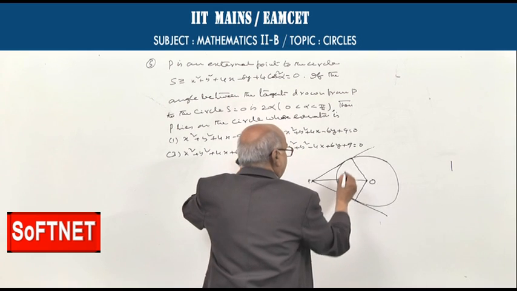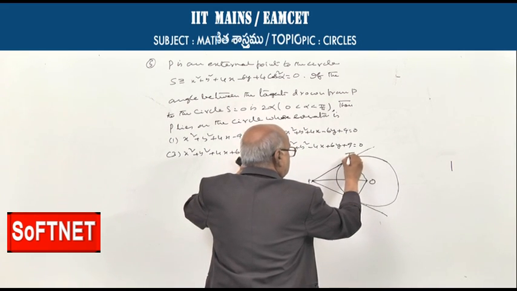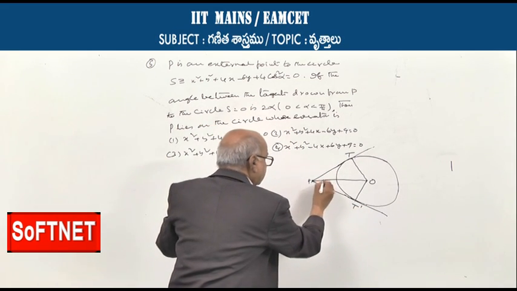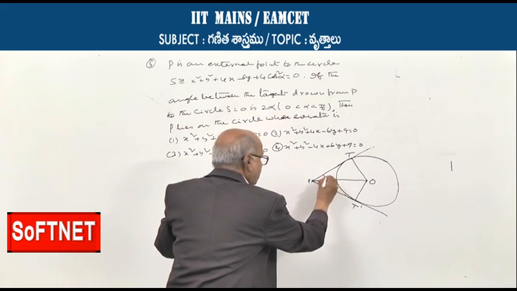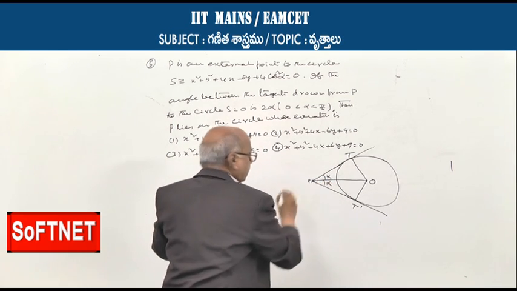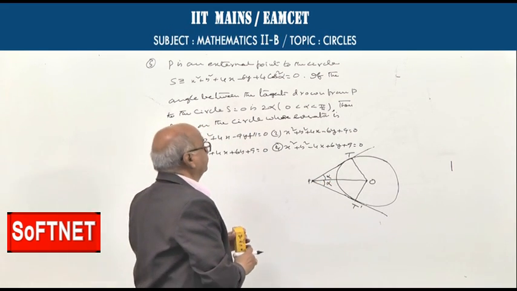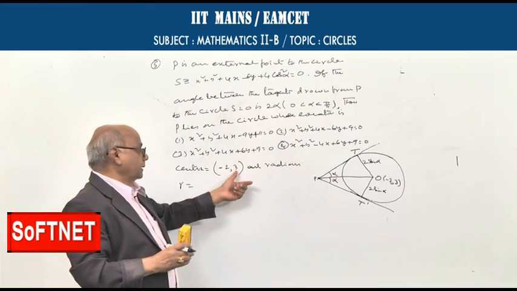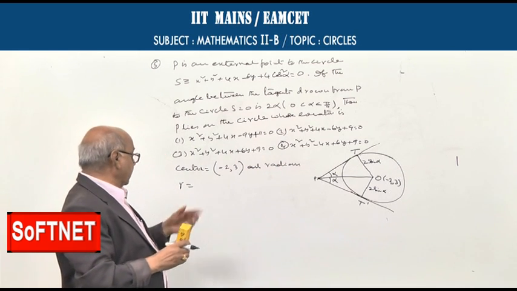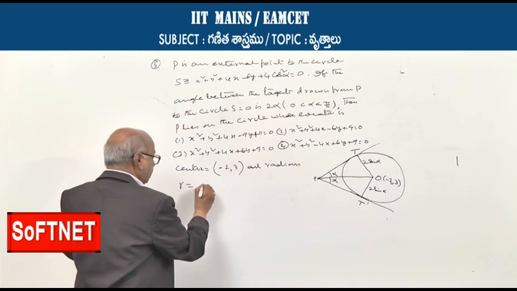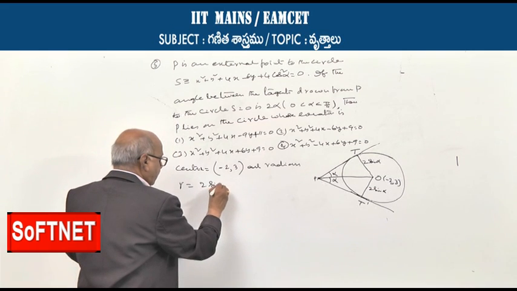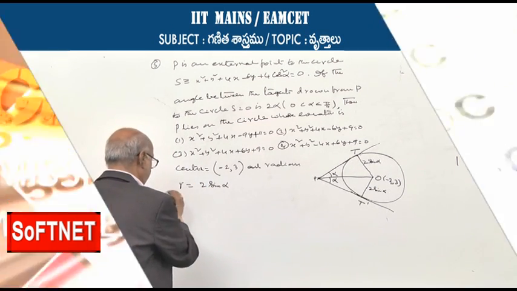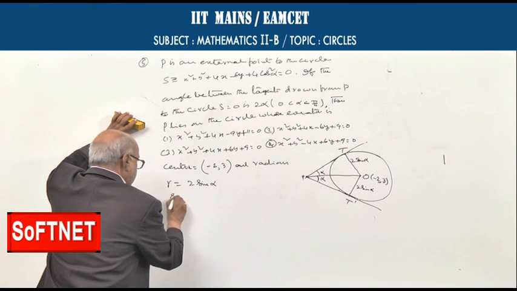Suppose O is the center and PT and PT' are tangents, and because the entire angle is 2 alpha, each half is alpha and alpha. Now, the center of the circle is (-2, 3) and the radius of the circle R is equal to 2 sin alpha. Now sin alpha is equal to,